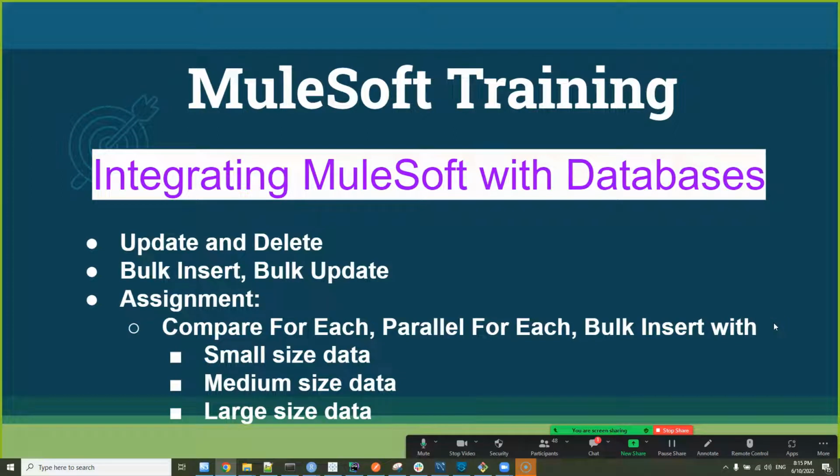So today also we are continuing our integration of MuleSoft with databases. And today we will see how to update and delete records in a table in databases using just a single record and also using bulk update for updating multiple records. And also there is bulk insert. We will see what bulk insert is and how it is different